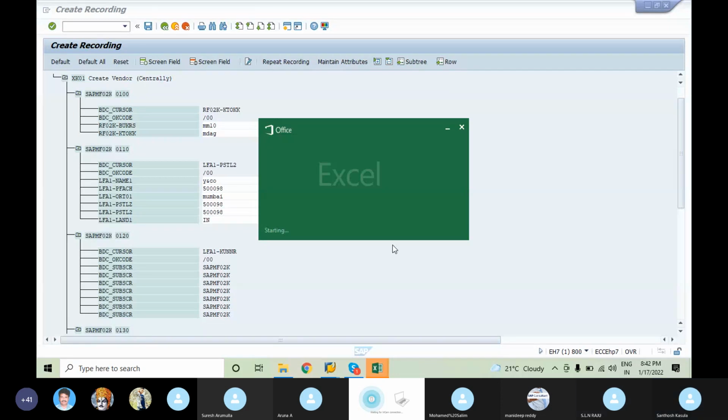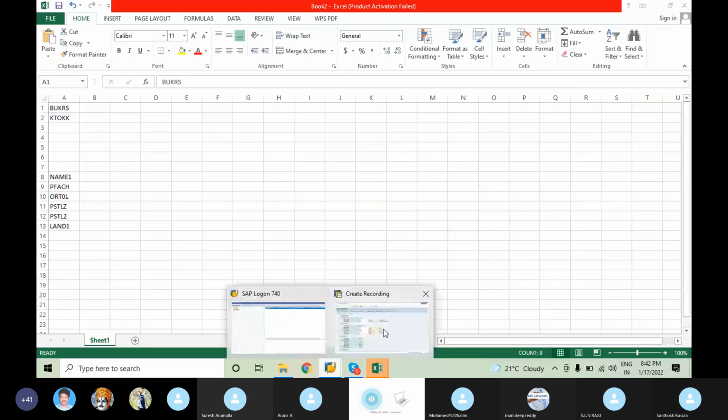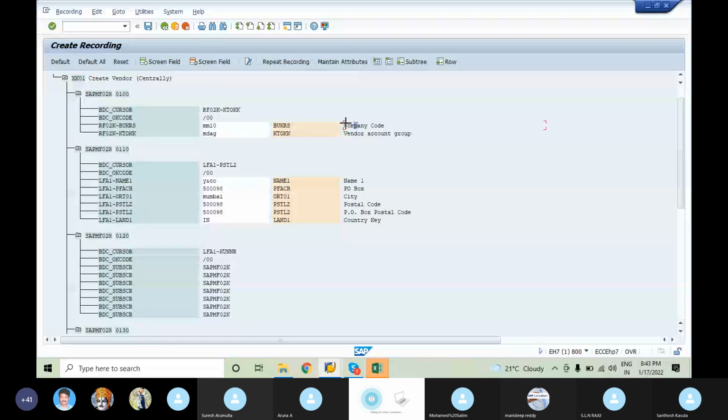Whatever the technical names are, in the same way I should assign the company code, and in the same way I need to copy.